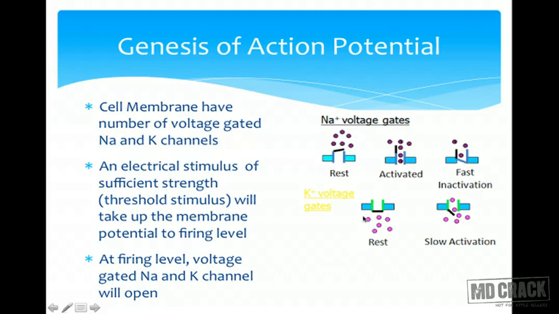Look at this potassium channel now. What is the situation at rest? It is in the closed state. But again, whenever the membrane potential reaches the threshold or firing level, what will happen? This gate will open up. And again, after some time, this gate will close. So opening or closing of this gate again is controlled by the membrane potential. But as you can see here, the potassium channel has only one gate, the activation gate. It does not have the inactivation gate as that of the sodium channel.